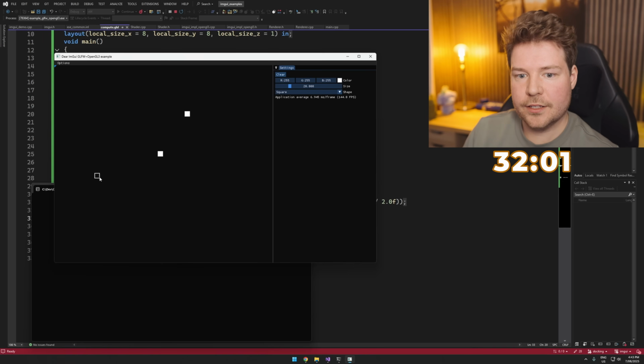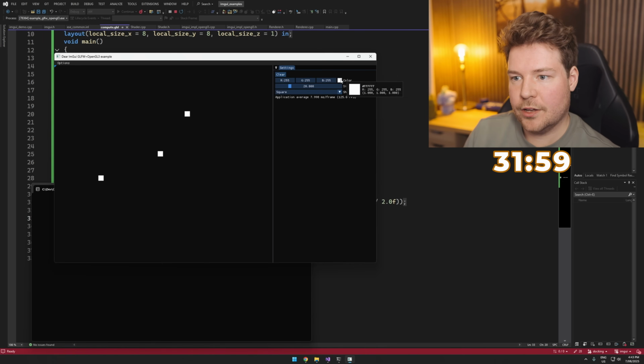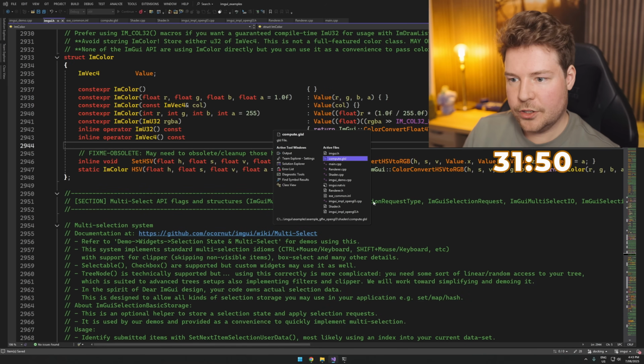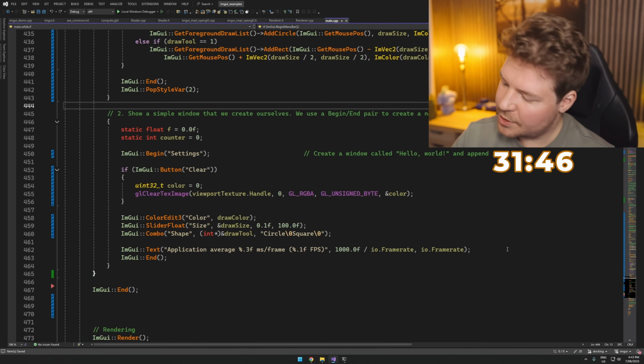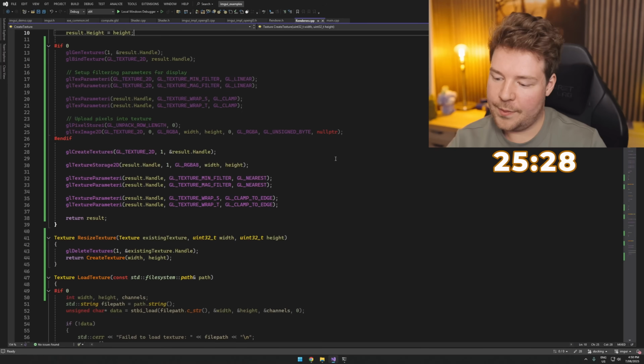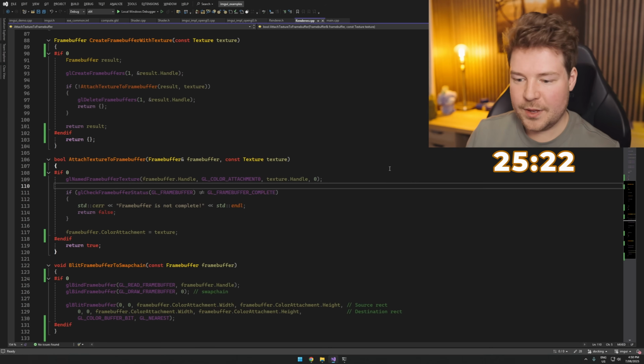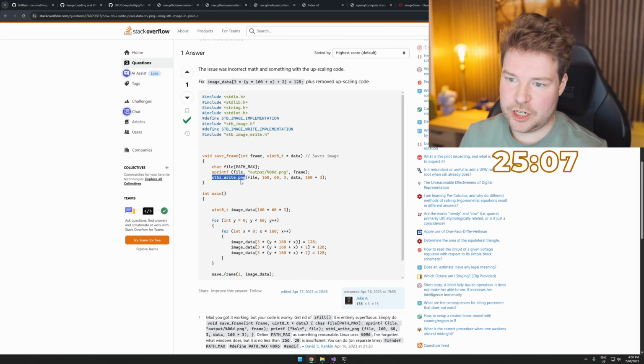Okay, so now you can see you can click and you actually know where you're drawing and even what color you're drawing, which is pretty cool. We probably should, I don't know, keyboard shortcuts. How much time do we have? 30 minutes. I'm kind of ready to wrap this up. I mean, I guess it'd be nice to save out our images, right? Does STB image have STB write PNG? Okay, let's